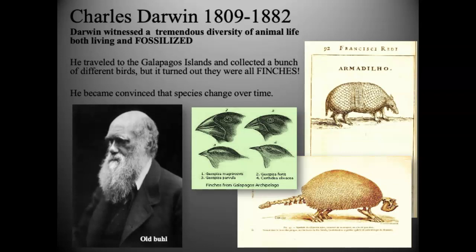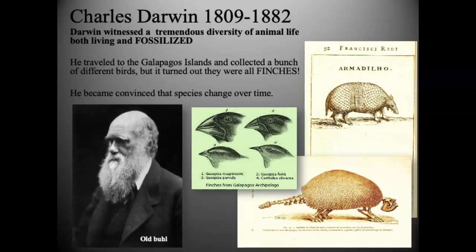But out of all the organisms that he saw, when he finally got home from his trip, it was the simple finch. It was the beak on the finch that kind of piqued his interest in that species might change over time. And the thing to look at, if you look at those finches there, you can see that their beaks are different. And some are different in terms of thickness, some are different in terms of their length, and we'll talk a little bit more about that and how each species of finch got that unique beak there.